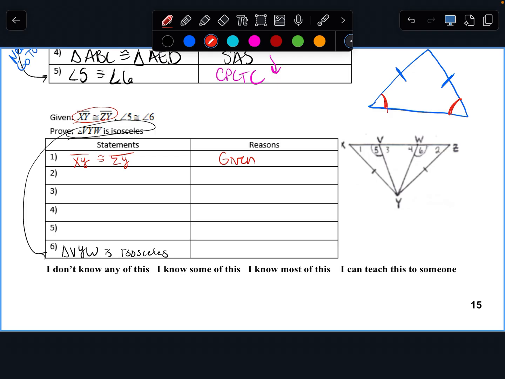Okay. So that's given, so you're going to mark it up. Okay. Then you do your next one. You're like, sweet, feeling vibes. This is cool. We got 5 and 6, geez. Given. And then you're like, feeling it, blue, reflexive, vertical angle theorem. Oh, wait, denied. Okay. Because you don't have, it's these things again, these outside guys. There's no vertical angle theorem. There's no reflexive. Like, what the heck? So then you're like, oh, hey, that looks like one